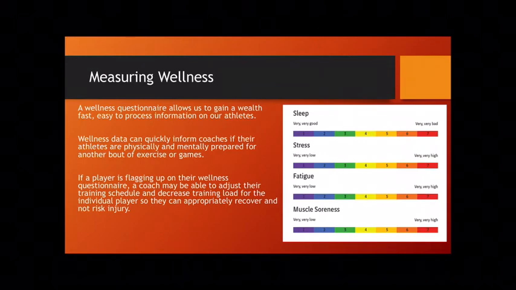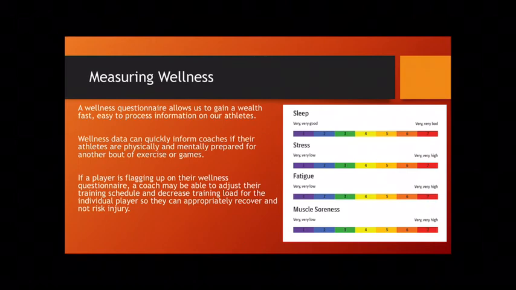Okay, so you want to find out how their sleep quality was. So they just rate themselves from 1 to 7 how they felt their sleep quality was, same with their stress levels, their fatigue levels, and their muscle soreness. Okay, so this can give your coach or yourself an indication if we have an athlete who comes in and flags up a 6 for sleep, so they got a very bad sleep. Their stress level is maybe around a 4, their fatigue level is a 6,